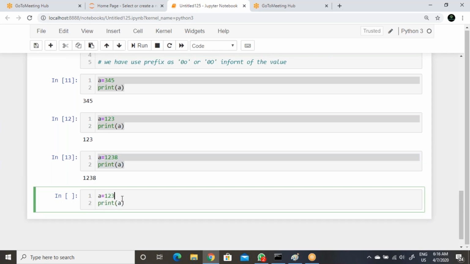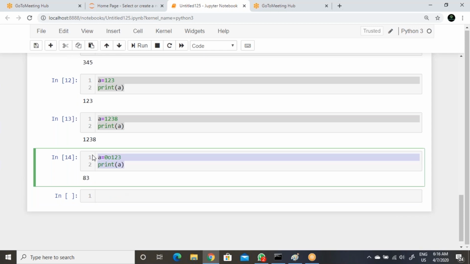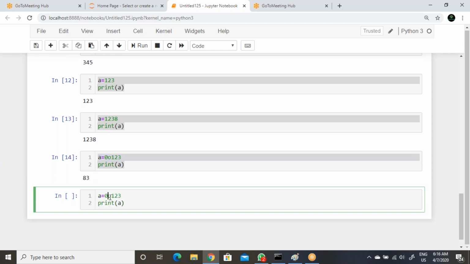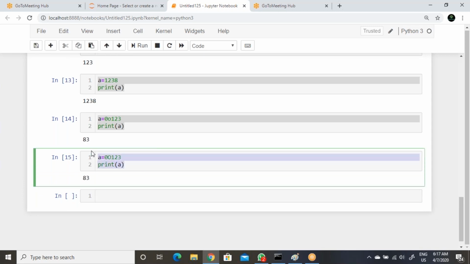But make sure, now if we use 1 2 8 here, then execute. Now see, invalid syntax. Why are we getting invalid syntax? First, you need to check what the prefix value is. It is 0 O, either capital or small.